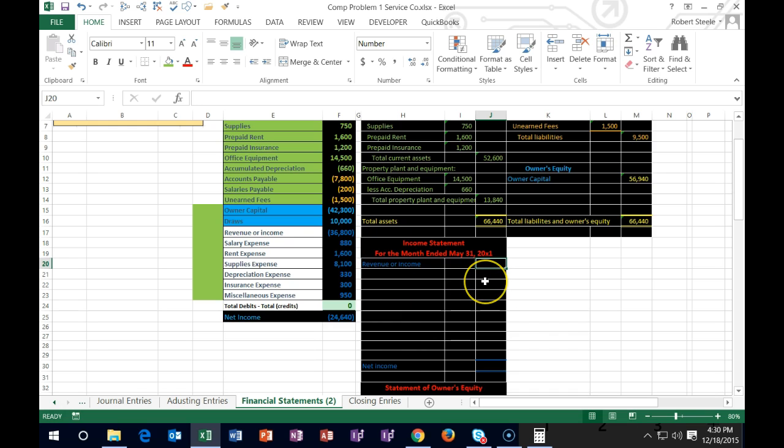I don't want a credit over here, so I'm going to put a negative and then click on this 36.8 to flip the sign. Now, all the other accounts on the income statement are expenses. So we're going to go over here and I'm going to make a subcategory because we have a lot of expenses